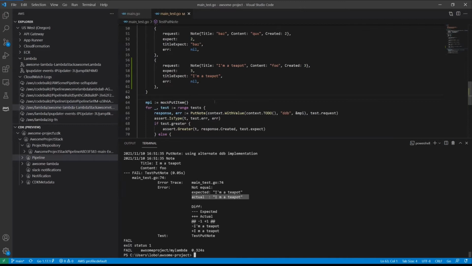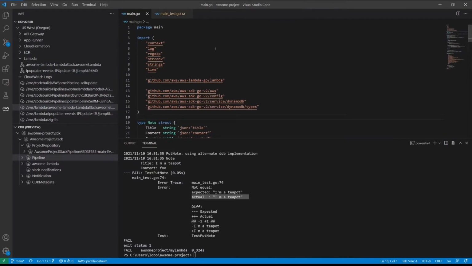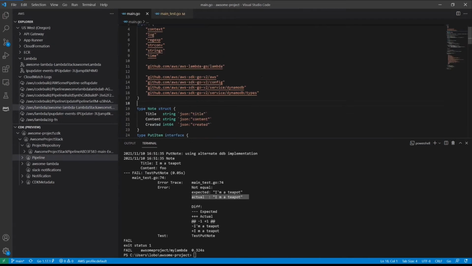At this point, we can go into the code itself and see what's going on there. So this is your typical Go program. We have a number of imports here. We're importing the AWS SDK to be able to talk to DynamoDB. In order to do that, we need to have a number of types that DynamoDB uses to be able to add input into our service calls.